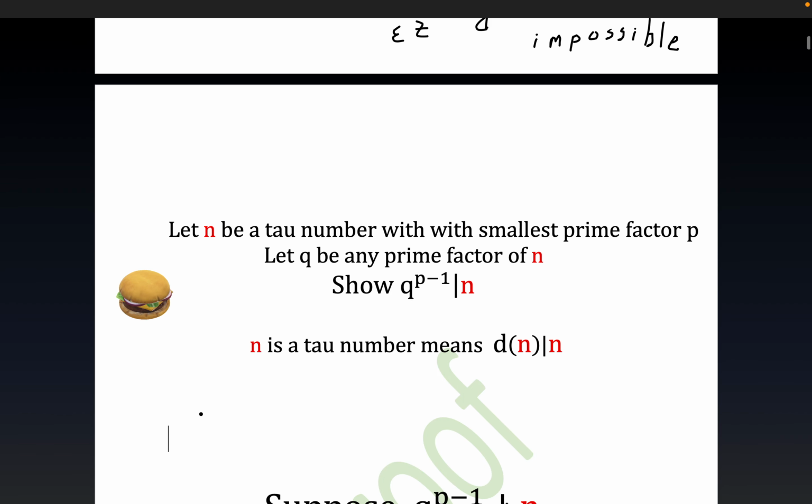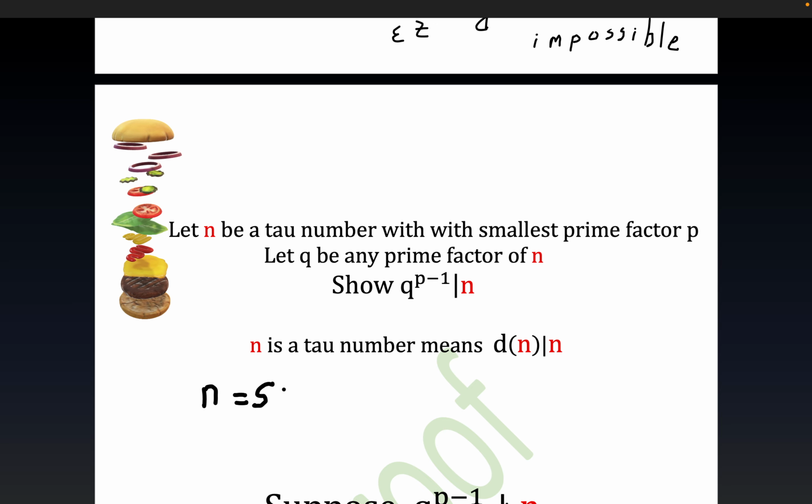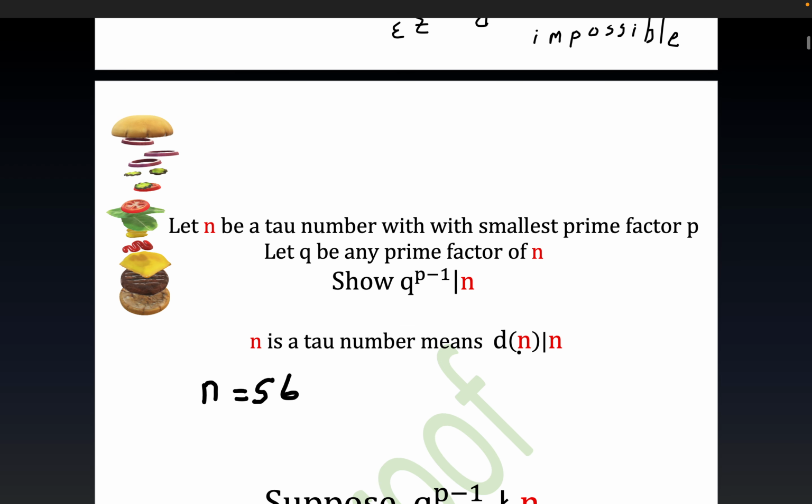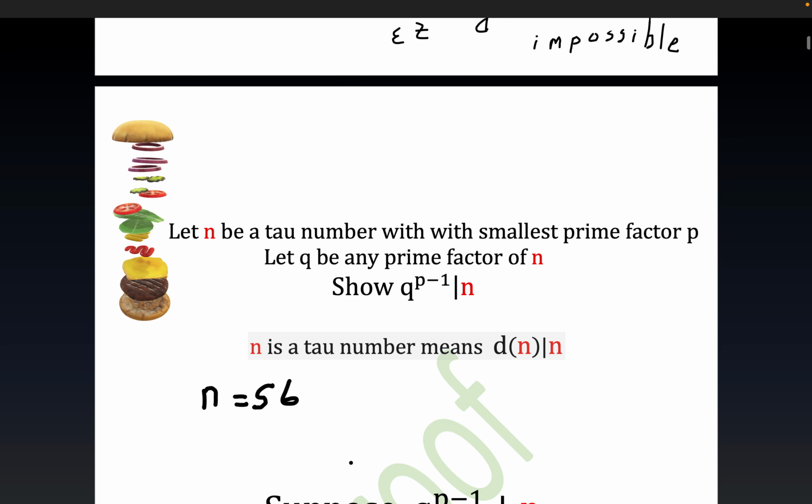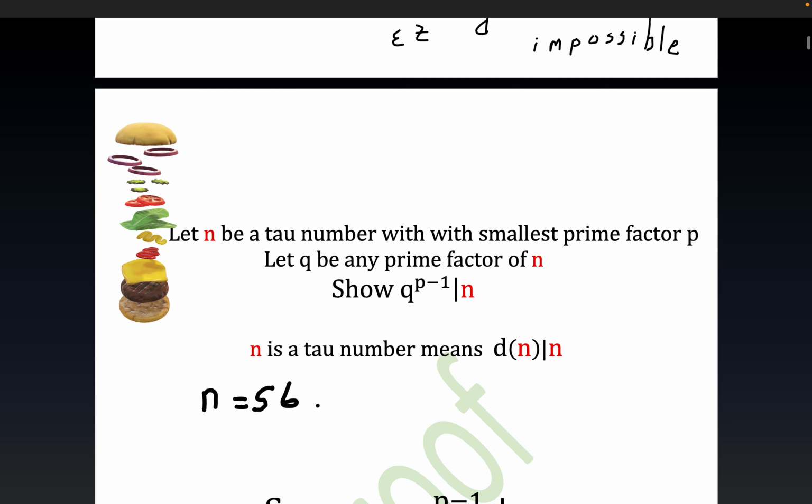Some of you may not have heard of town numbers, so let's start with an example. I'm just going to choose n equals 56. A town number is defined to be any number such that the count of the divisors is a factor of the number itself. Okay? Now, 56 is equal to